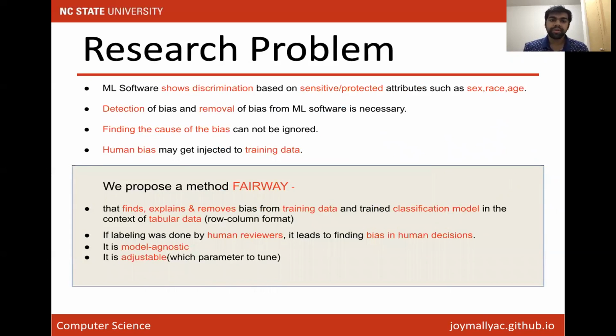ML software in some cases shows discrimination based on ethical or sensitive attributes like sex, race, and age. Detection of bias and removal of bias from ML software is necessary. Finding the cause of bias cannot be ignored, and human bias may get injected into the training data. As a result, we propose a method, Fairway, which finds, explains, and removes bias from training data and trained classification